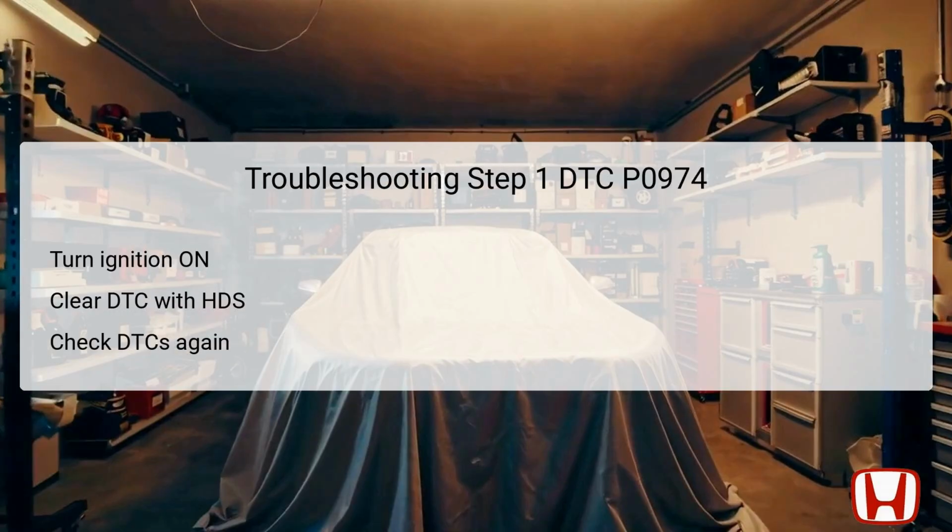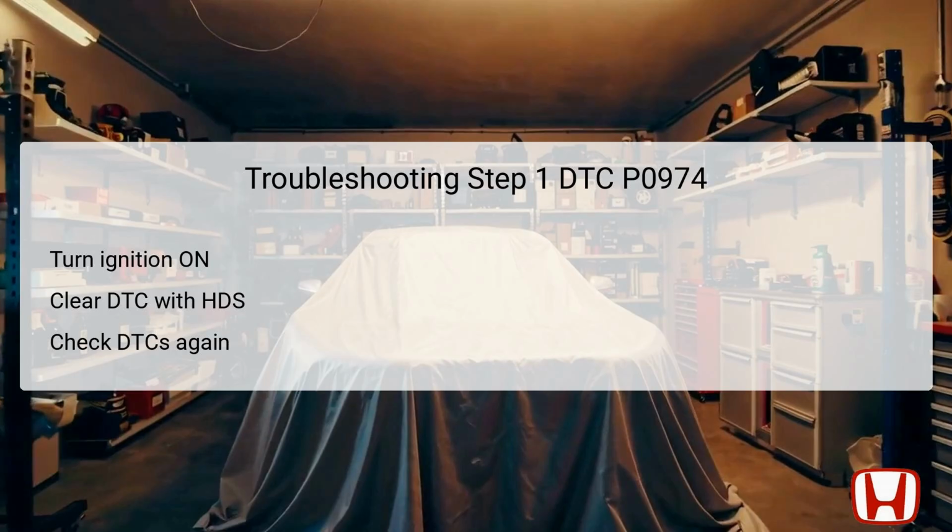The first step in troubleshooting DTC P0974 involves verifying the problem by checking the diagnostic trouble codes. Begin by turning the ignition switch to the ON position without starting the engine. Following this, clear the stored DTC using the Honda Diagnostic System, HDS tool. Once the DTC is cleared,